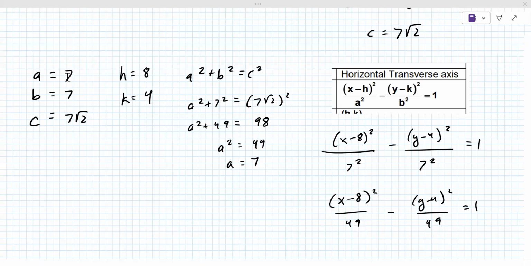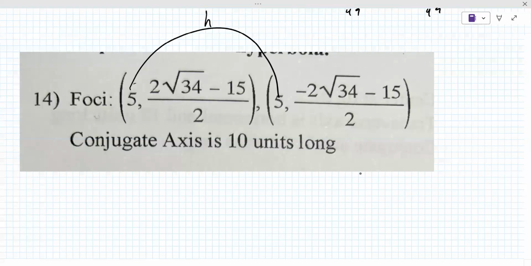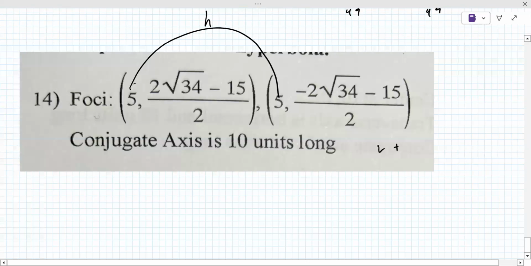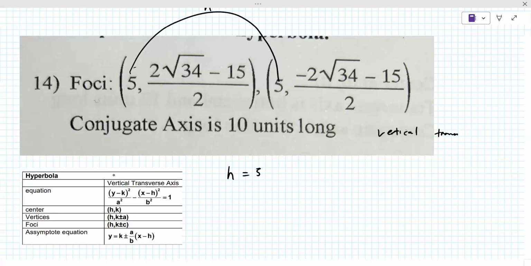So notice in 14 that the x value is the same in both. That's the h. That tells you the axis again. Since h is the same in both, it's the vertical transverse. Okay, so that's everything on the left equation here. So we've got to find h, k, a, b, and c. And we have found h. h is 5. Here's k,